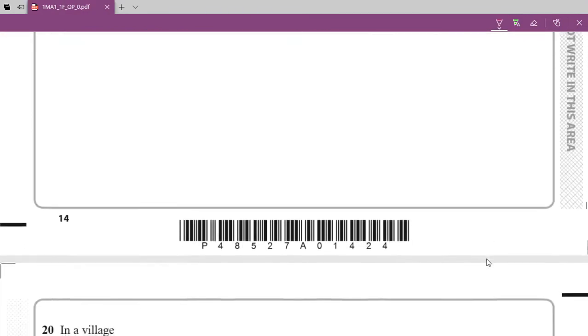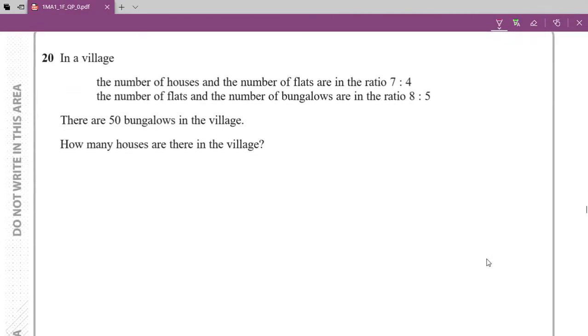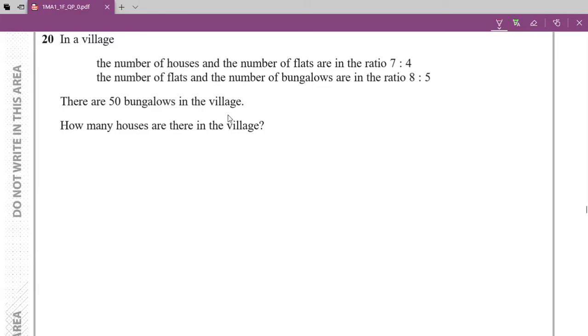And so we go to the next question, question number 20. In a village, the number of houses and the number of flats are in a ratio 7:4. So we've got houses here, the ratio of the houses and flats are in a ratio 7:4. And then we also know that the number of flats and the number of bungalows are in a ratio